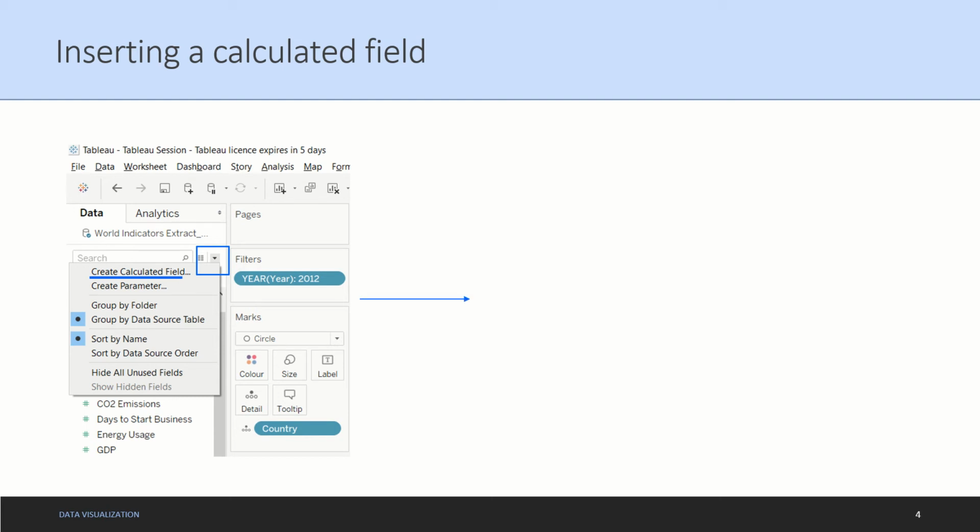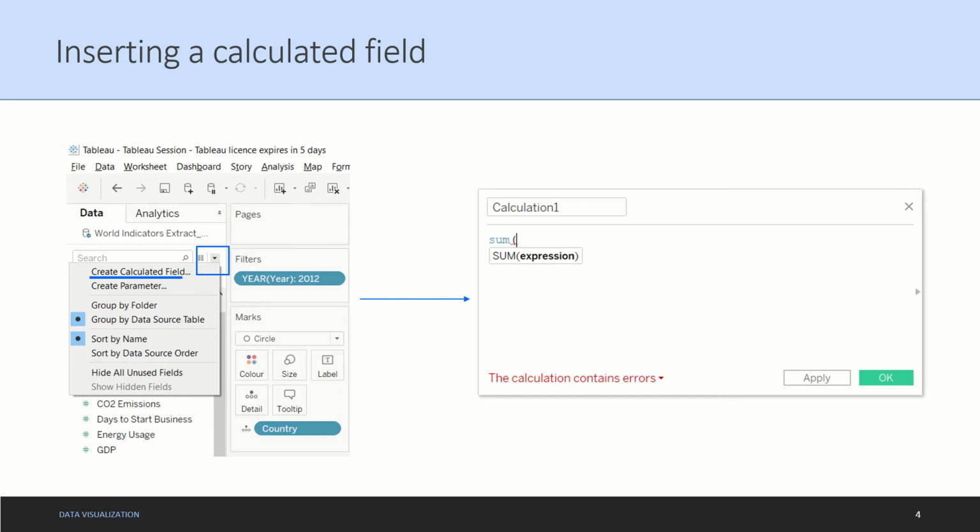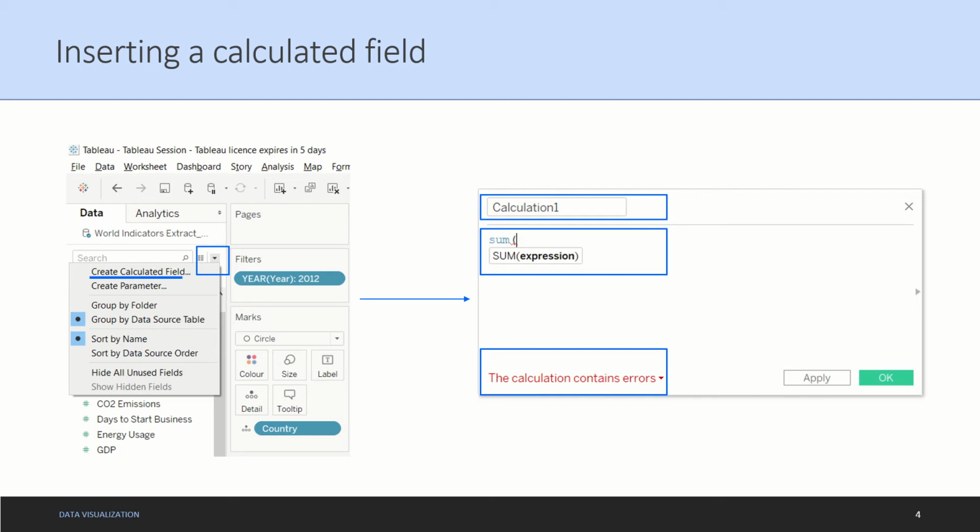Once you do that, you get a pop-up like this, which is your calculated field window. A few things to observe here are: number one, there is a name of the calculated field, there is a calculation, and then there is an alert which tells you whether the calculation has an error or is error free.